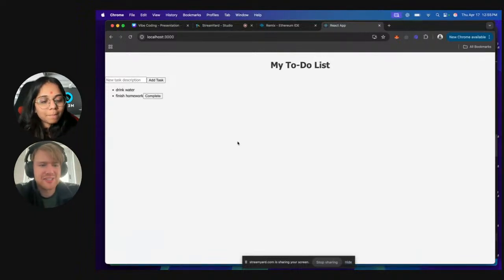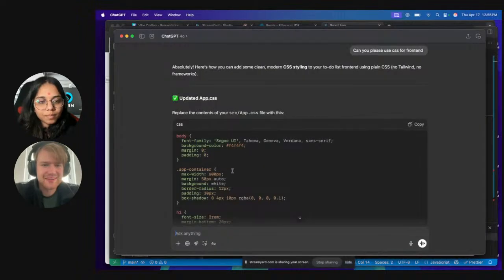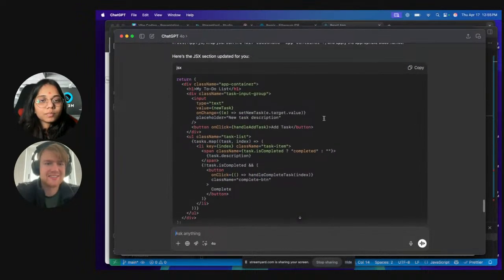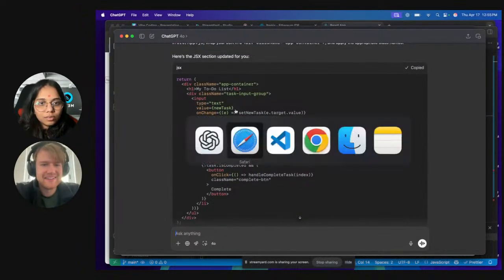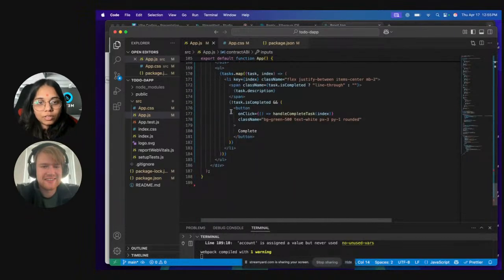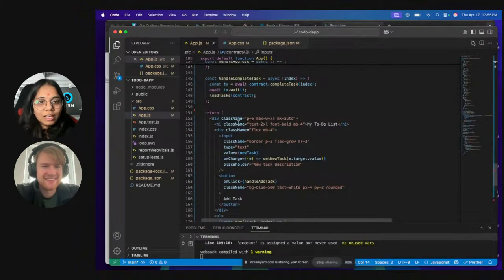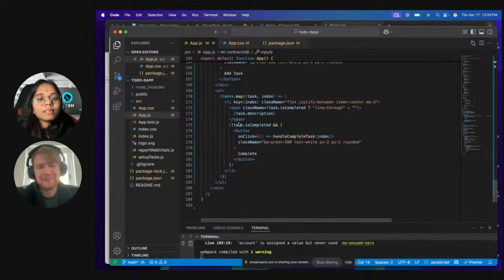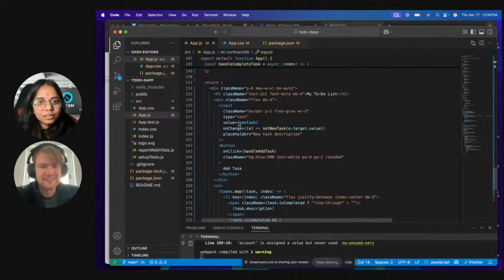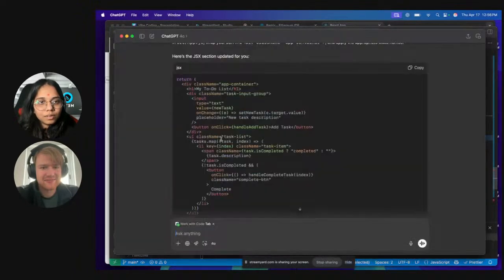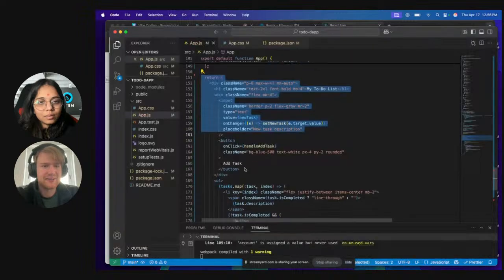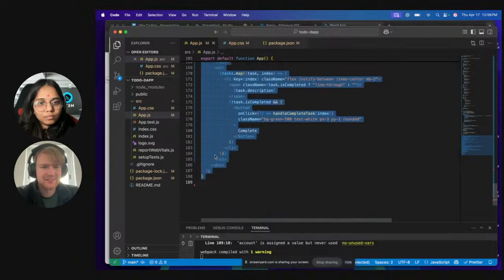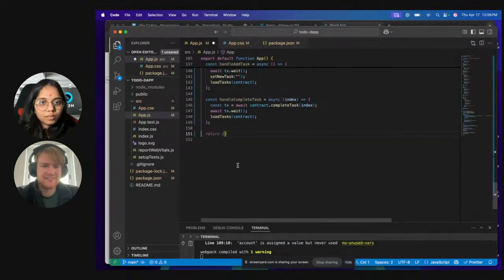If you go back to ChatGPT, it says that if you scroll a little bit down, after the CSS, there's a JSX section. If you copy that one, return. And see, that's what happens when you don't read the entire prompt carefully, right? The worst thing that can happen is that the thing you expected to happen doesn't happen, or you get an error. Yeah, exactly. I think from here, the whole thing, till here. Yeah, you got it.